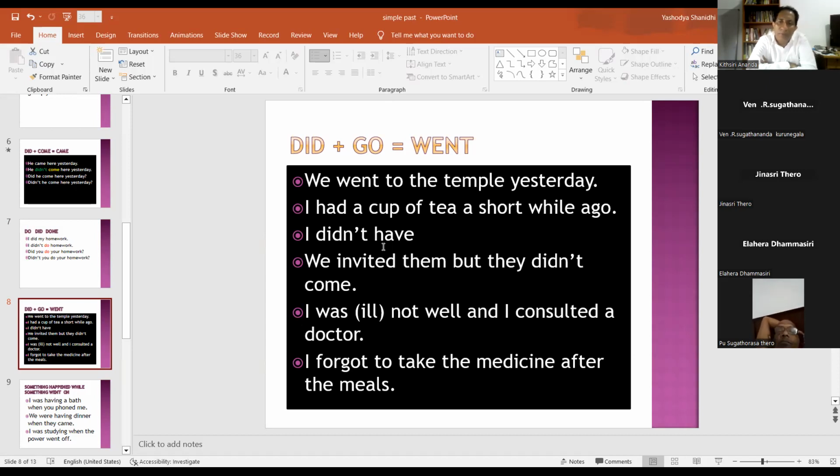We don't use drink here. In the sense of drinking or in the meaning of drinking, we use take when using in a context of this type related to medicine. I forgot to take the medicine after meals. Take is used here in the sense of